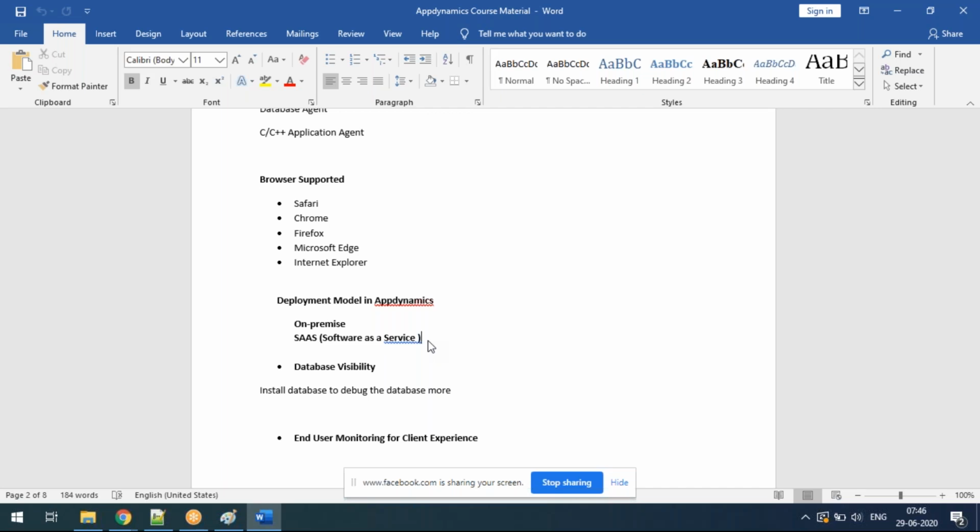Say if Amazon is getting the SaaS account from AppDynamics, they'll get the service benefits, but all the remaining things will be handled by the vendor only. The infrastructure, the licensing part and everything are maintained by AppDynamics. Why? Because if you have it in your local premises, you have to do the data backup, the server maintenance, and some kind of update or upgrade, whatever you are trying to do, you have to take care of that.